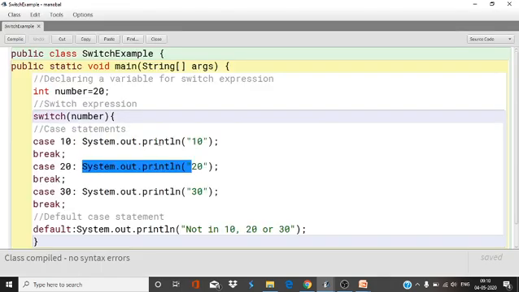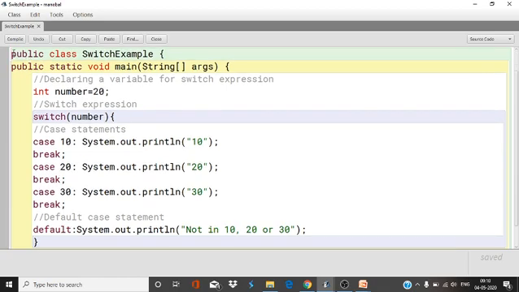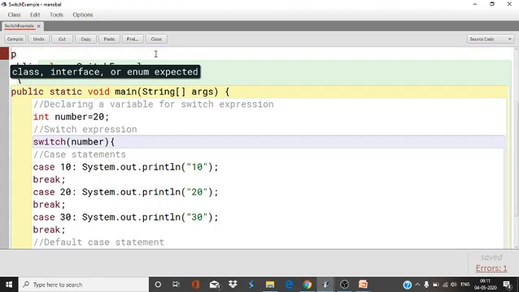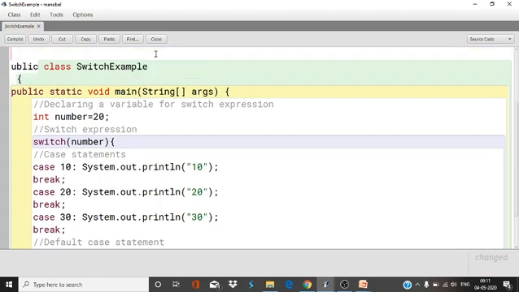One more example I want to give here. Suppose I tell you to accept a number. So first of all, to accept the number, you have to use either the IO package or the util package.